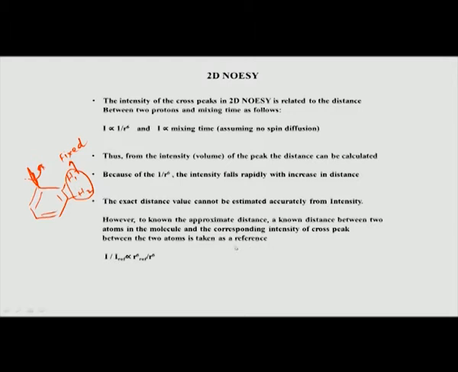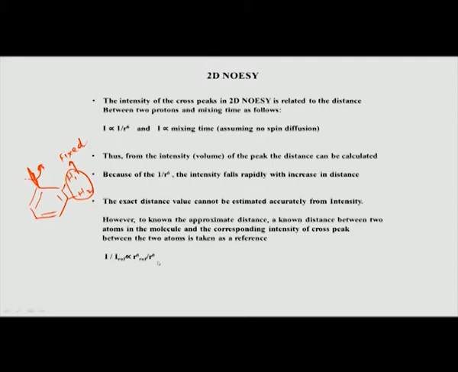Similar to what we do in case of TMS, remember in NMR everything is with respect to a reference. There is nothing like absolute things in NMR, everything is relative to something which we call a reference. So, therefore, here also we use a reference. Now, this is one option.